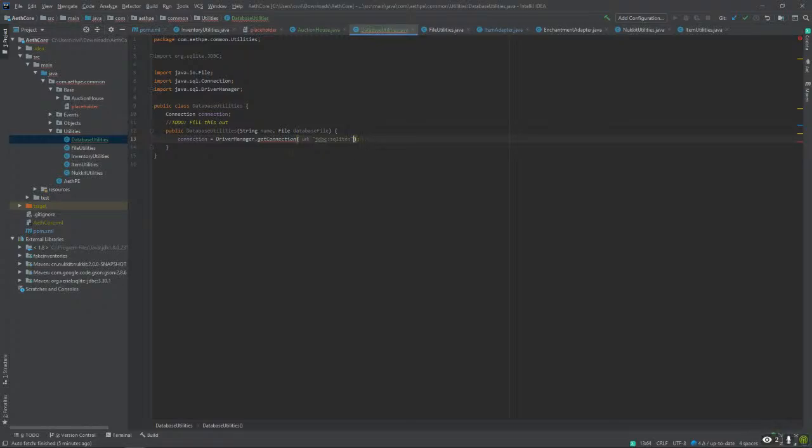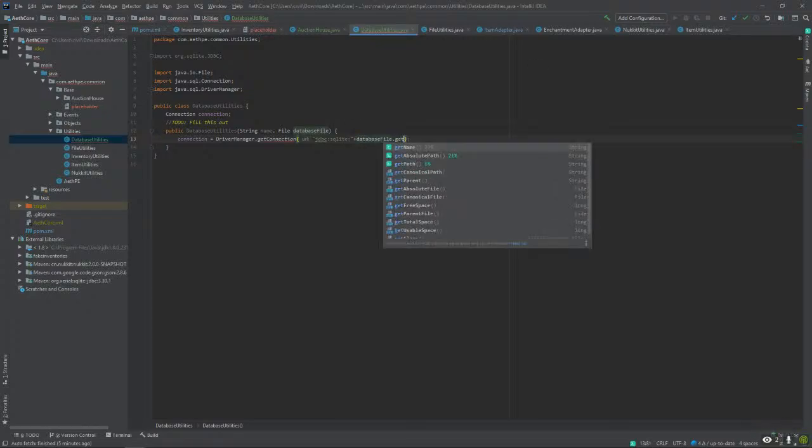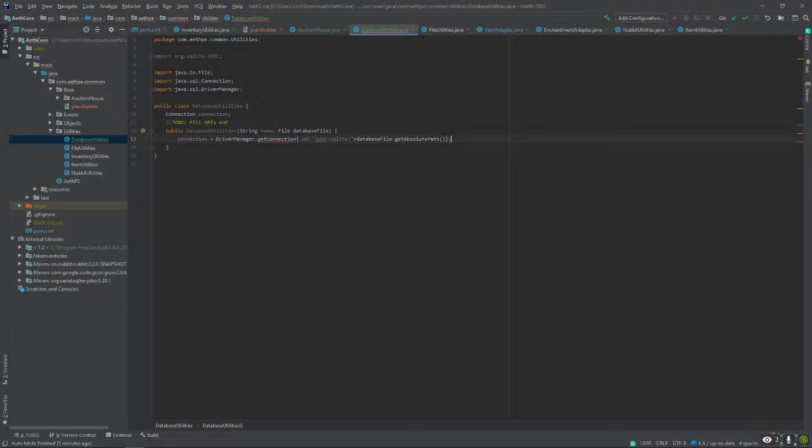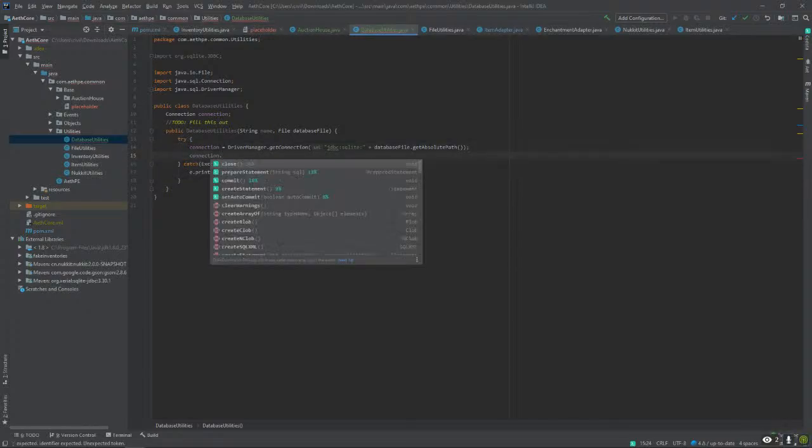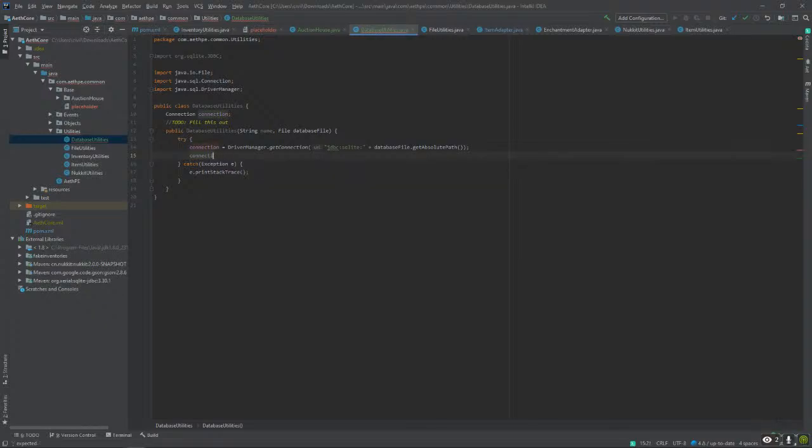So I'm gonna do that out here. Database plus database file dot get absolute path. I need to make a try. Exception e dot print stack trace. Okay, and then connection dot.